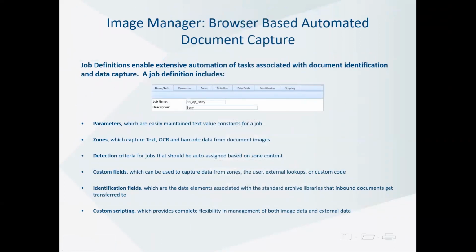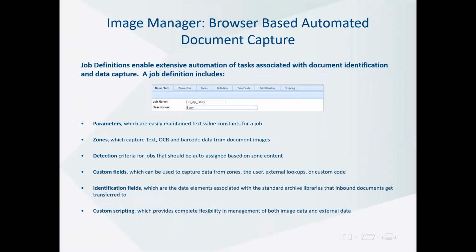Job definitions are what make all the magic happen. So the job definitions are extremely flexible, and there's a variety of ways to configure these to process the documents based on whatever the requirements are. A couple of the bullet points are, parameters can be assigned to a job. So if you have a particular supplier sending you invoices, you could plug in the vendor name and number. So parameters are like the static data that you want to go with all the documents that are processed